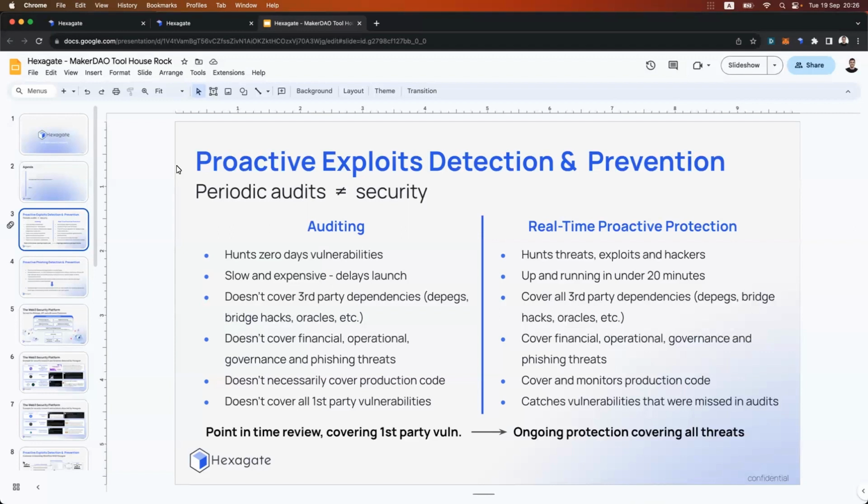Also, protocols building on another chain where the bridge gets hacked, for example. This is again a great case for why auditing is not enough, because the bridge can get hacked, and if you rely on wrapped tokens of that bridge and just assume that they will always be backed by tokens, then if the bridge got hacked, the protocol is also working with tokens which do not have any collateral on the other side of the bridge.